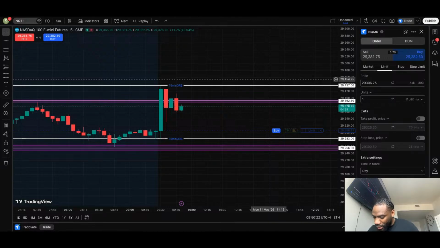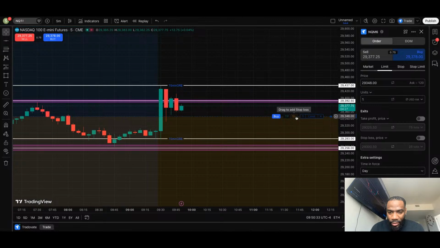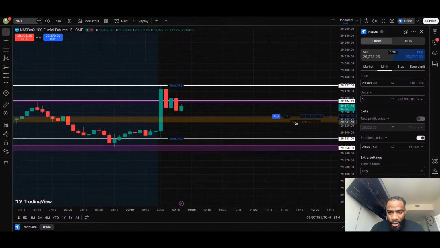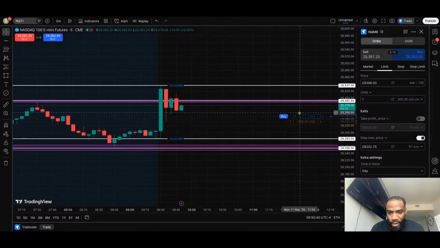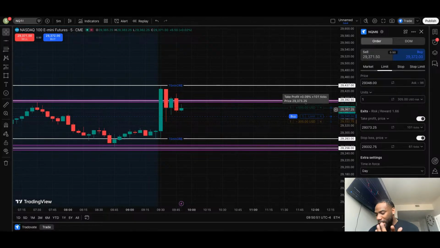What's the benefits of multiple accounts? All right, I'll show you an example. I'm not about to get in, but let's say I was to get in right here, and I want to risk like $300 to make $500. Now, if I made $500 on this one account, if I have 5 accounts, then how much is that?